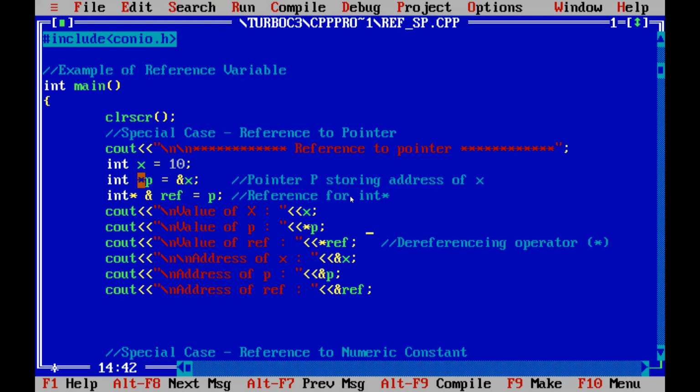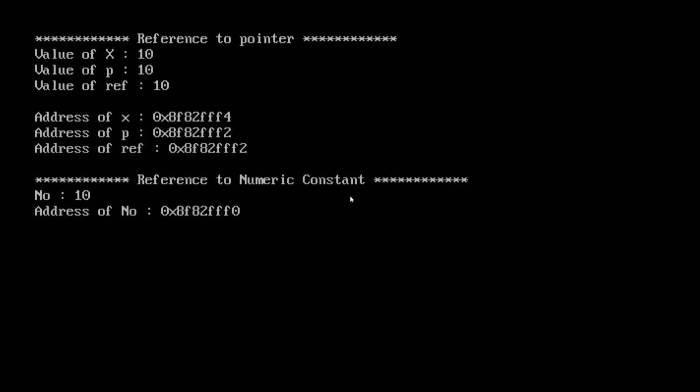Before viewing the output, we need to note that this reference variable refers to a pointer variable. So the address of the pointer and the address of the reference variable must be the same. Now check out the output.